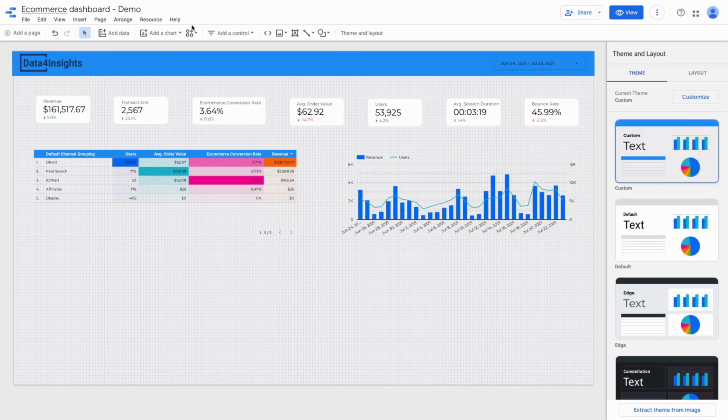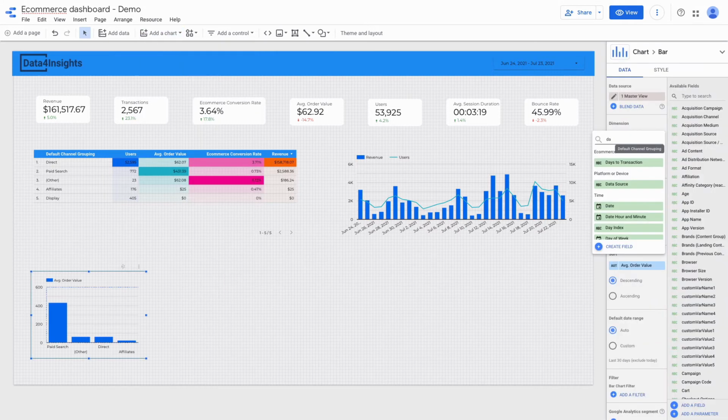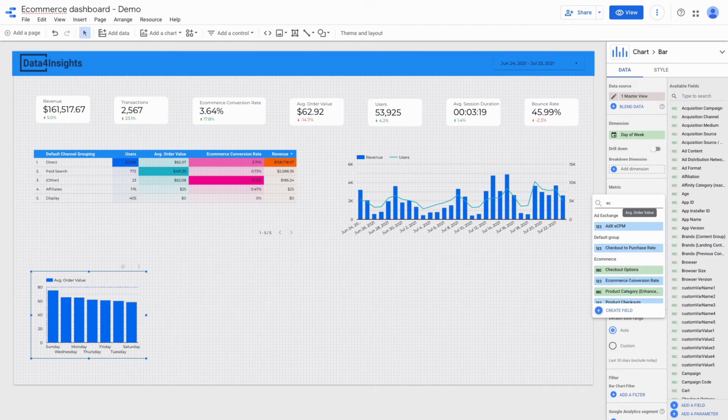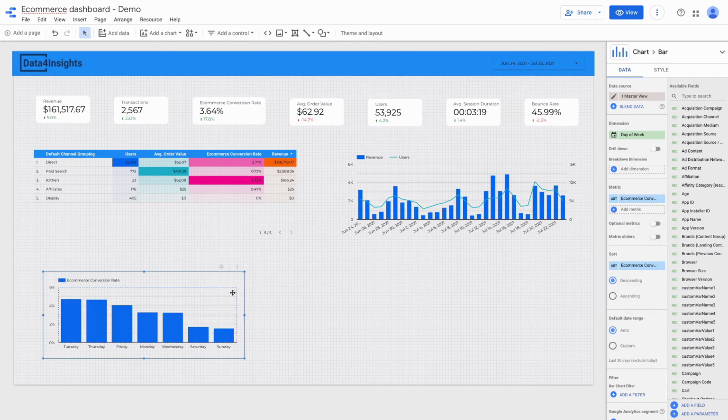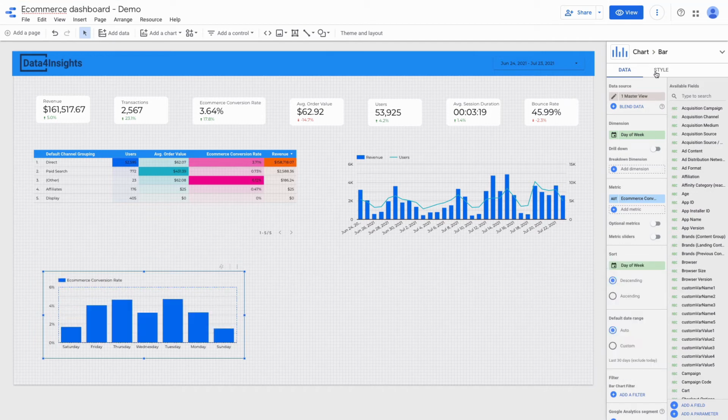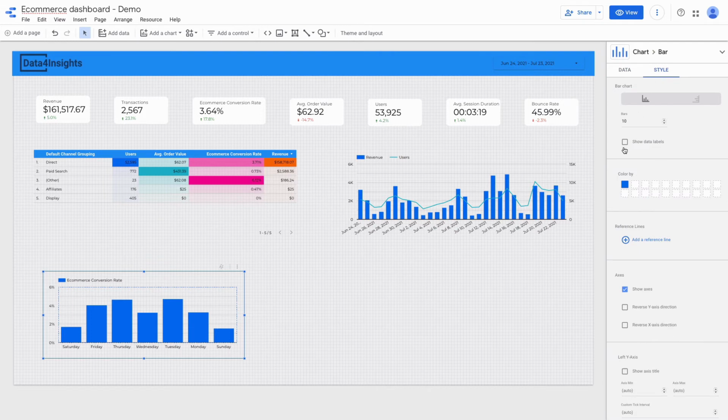It is interesting to know how e-commerce conversion rate differs during the day of week. I will use a bar chart to display this data. The dimension will be day of week, and the metric will be e-commerce conversion rate. Let's slightly adjust this chart. We will sort by day of week, and also I will go to style and enable the checkbox show data